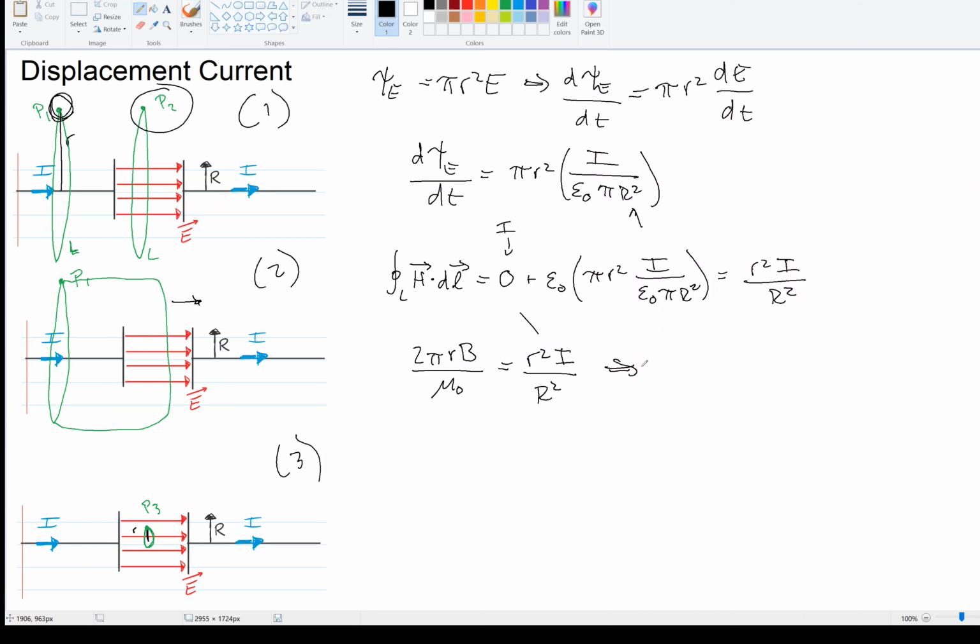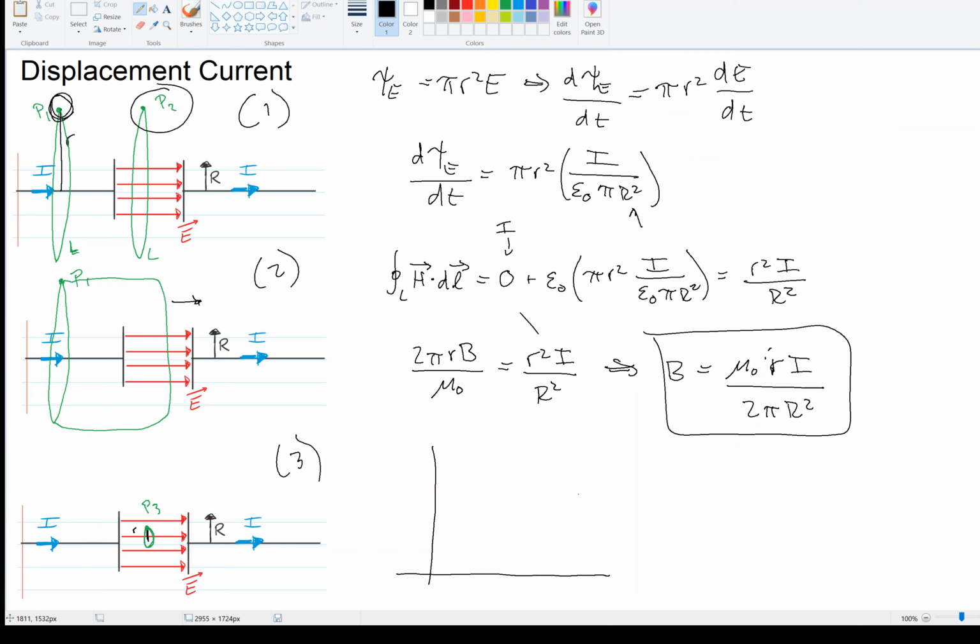and we get the magnetic flux density inside the capacitor is this thing here. It's related to the size of the plates, capital R squared. It's related to how far away you are from the axis, which is little r. It's related to how much current is used to charge the capacitor. Okay? So now we can make a plot of the field strength B, which is in Tesla,